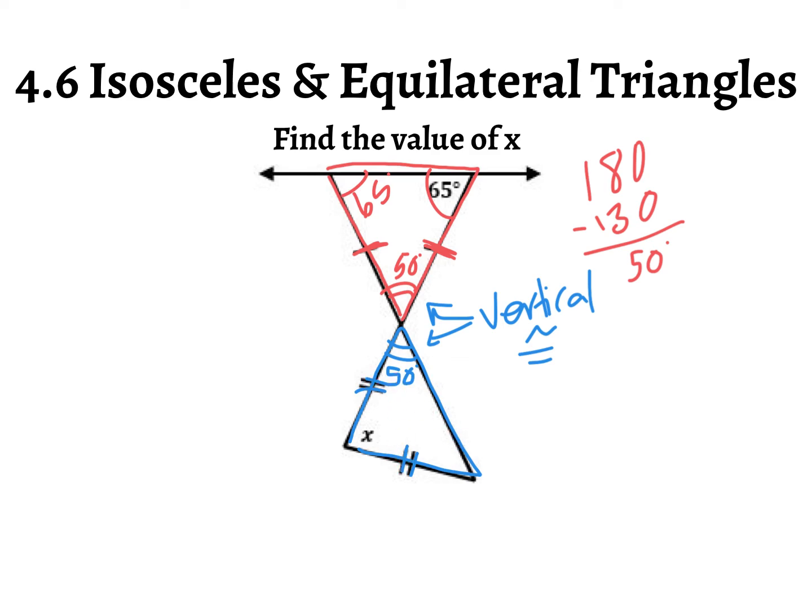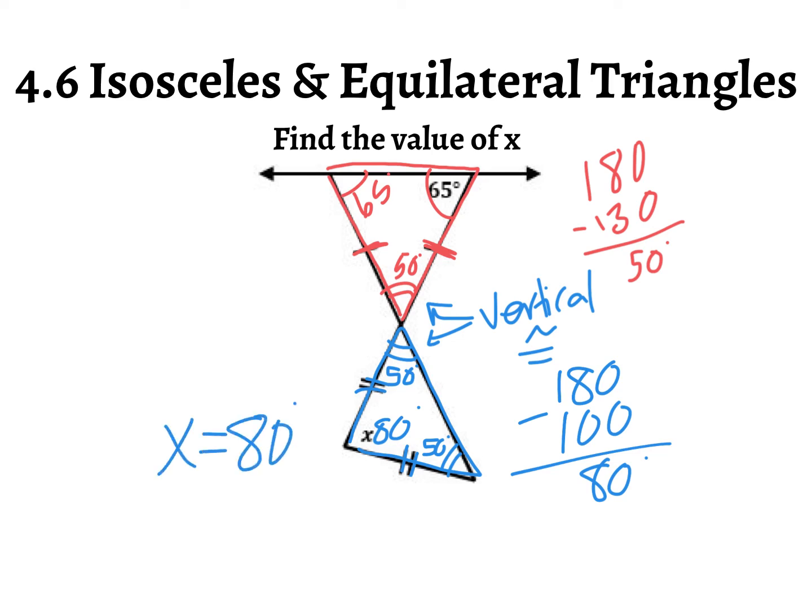So if this side is 50, the question now is what's left over, right? All three angles have to add up to 180. 50 plus 50 is 100. And if the whole thing is 180, I can subtract that, and I'm left with 80 degrees. Therefore, x equals